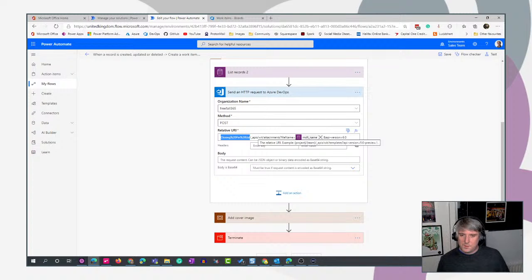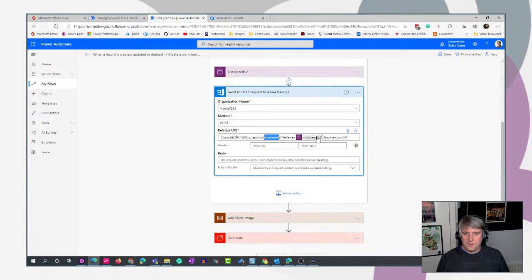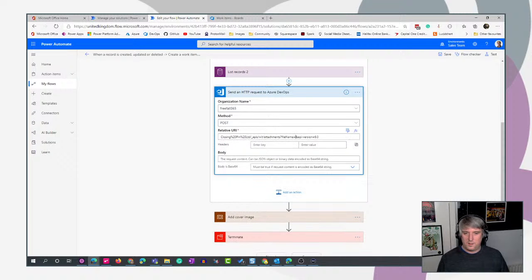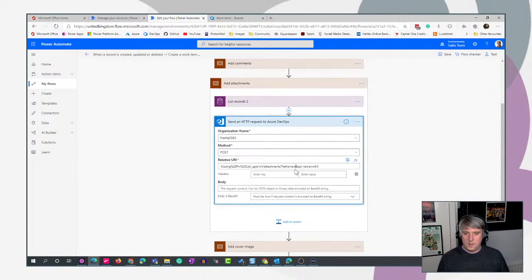APIs, same as before, WIT, attachments. Now that's different because remember last time when we did an HTTP request, we specified the work item and the work item ID. So we're not doing that this time because there isn't a method to post directly to the work item. So we're doing WIT / attachments, then the file name, let's just take that out, make sure we're getting the right one,